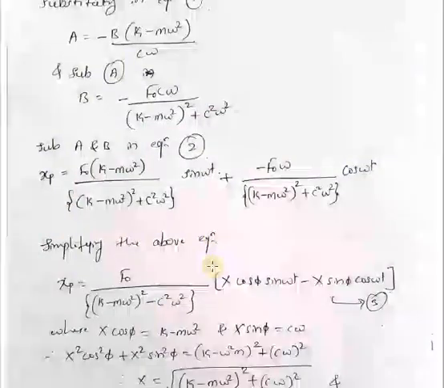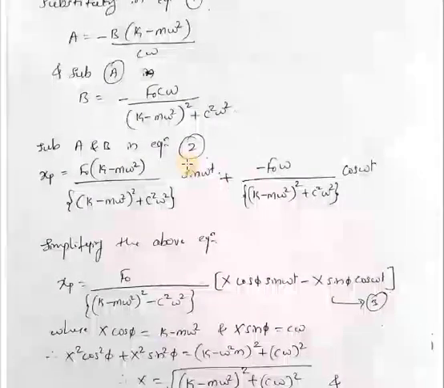Now if you substitute this a and b in equation number 2, that is the x_p equation, we'll get F0 into (k minus m omega square) divided by the bracket (k minus m omega square) whole square plus c square into omega square, into sine of omega t. This is the a value and this is the b value. Now if you simplify this equation,